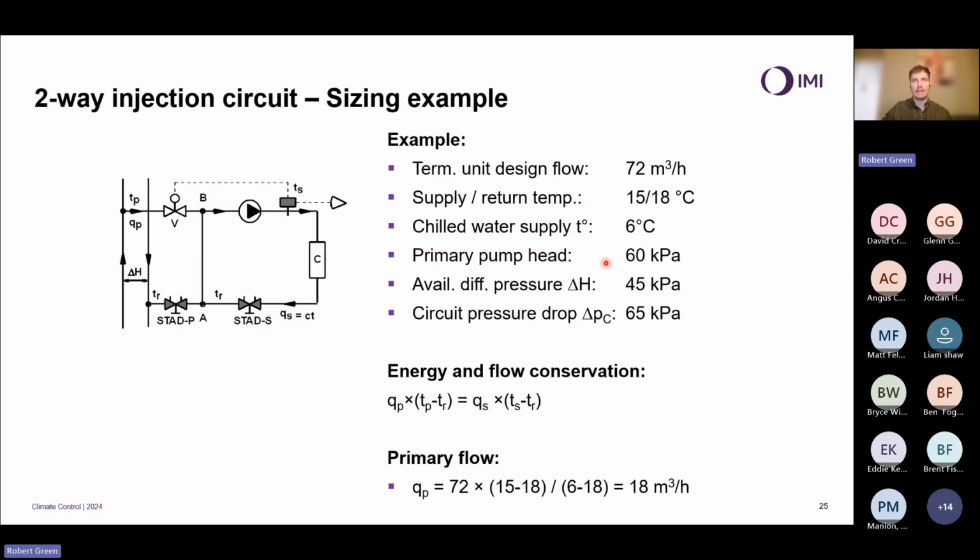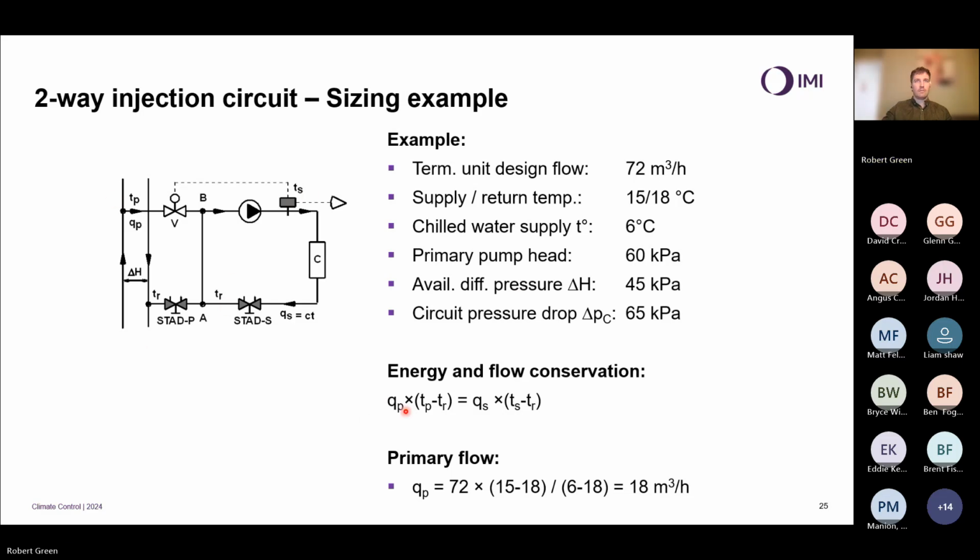My primary pump head is 60 kilopascals. My available head is 45. And my circuit pressure drop here on the secondary side is 65 kilopascals. So here,